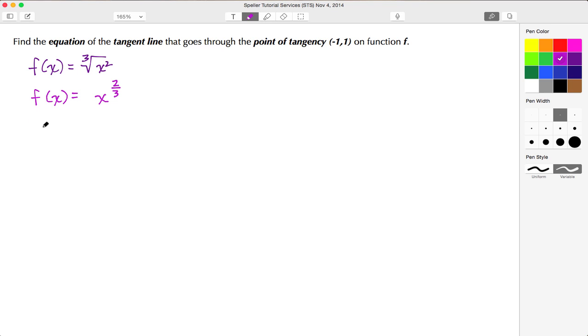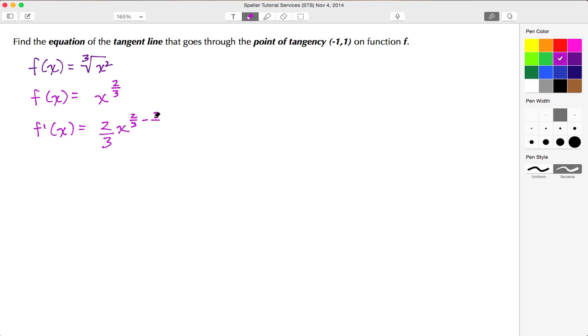From this point, I'm going to now use the power rule to find the derivative. So let's take f prime of x. From the power rule, we know that the current power is brought down to the front as a coefficient, so that there is 2/3. We keep the base of x, and what we end up doing for the derivative is to subtract 1 from that current power. So here currently it's at 2/3, and I need to subtract off 1.